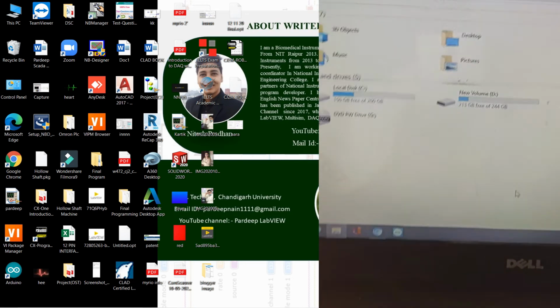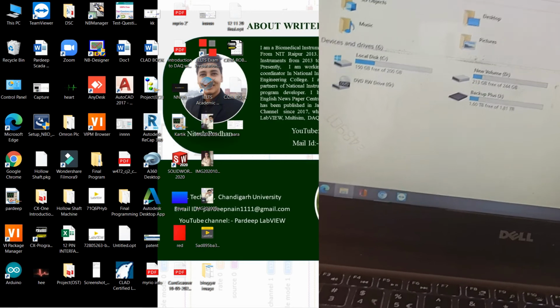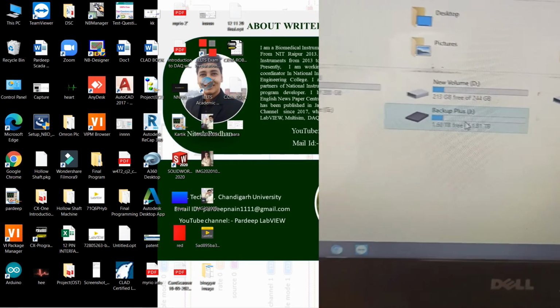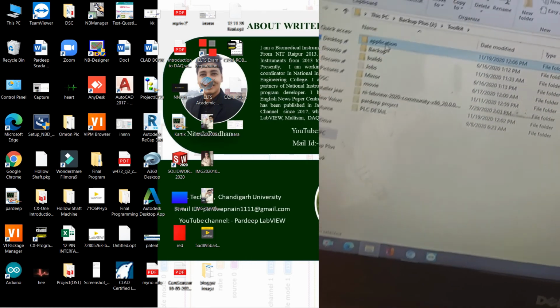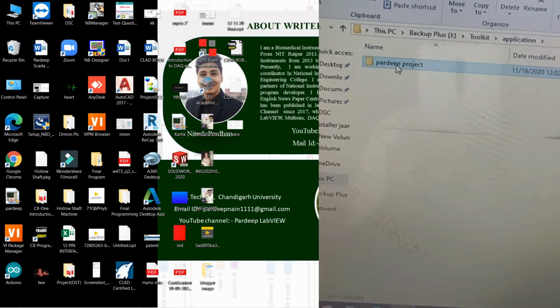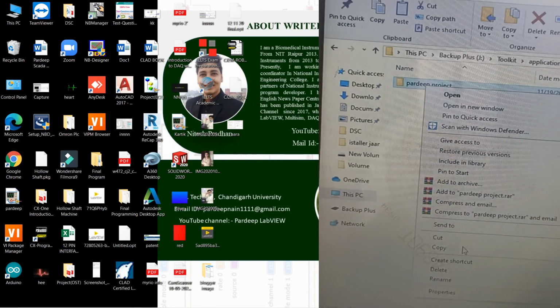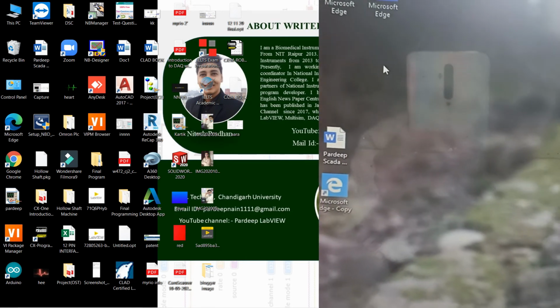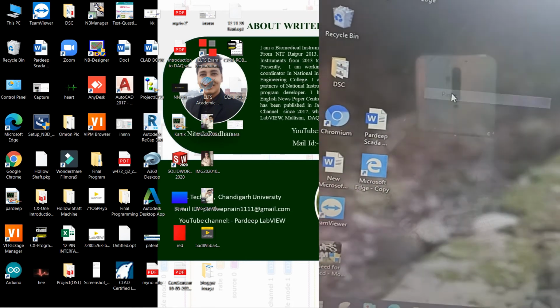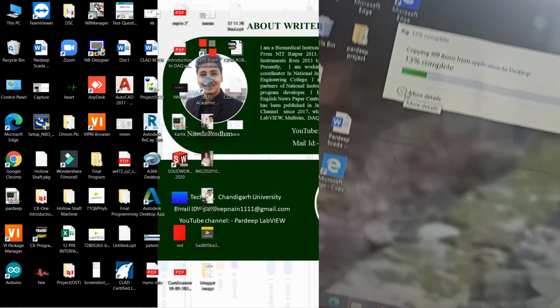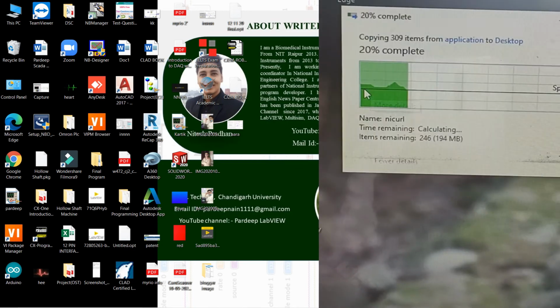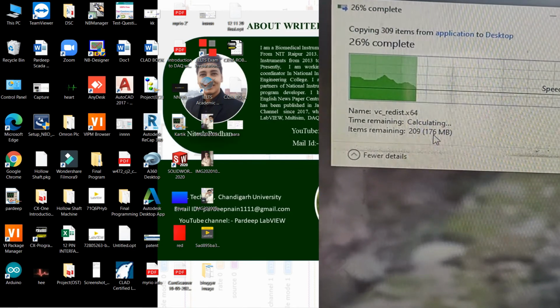Open your pen drive, and you see the application, Pradeep project. Now copy this and paste it on the desktop. Paste here like this. You see the copy start. It's a minimum of about 200 MB.